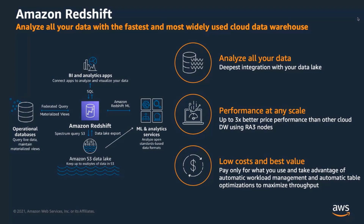Redshift provides great value as you scale your data warehouse, and you can start small at 25 cents per hour and pay only for what you use with predictable monthly costs. With options like reserved instances, you can save up to 75% compared to on-demand prices when you commit to using Amazon Redshift for a 1 or 3 year term, which also provides predictability in month-to-month costs. With RA3, you can scale and pay for storage and